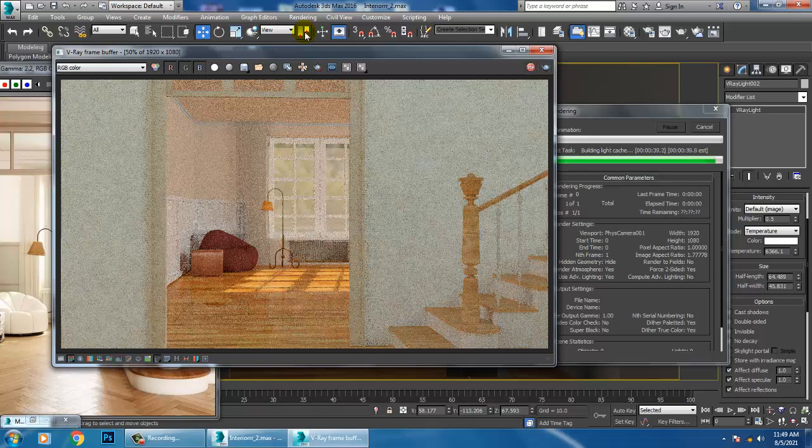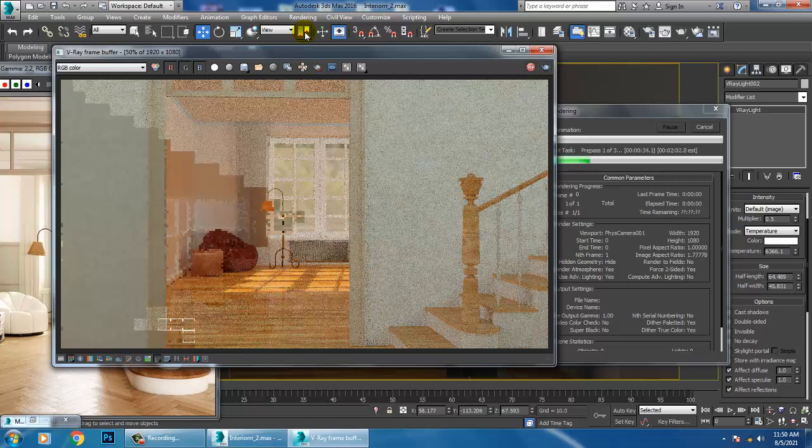So let's just render and see. We'll definitely have to work a bit on it. Let it render, then we can see the output.